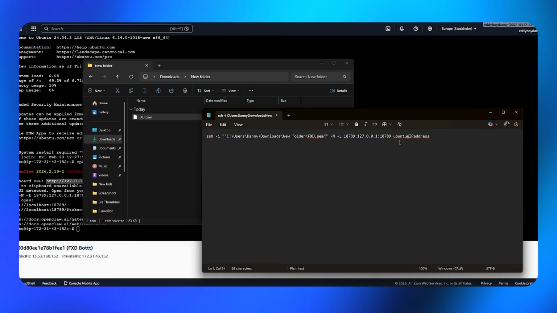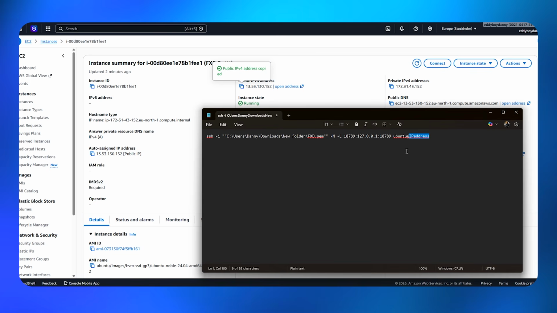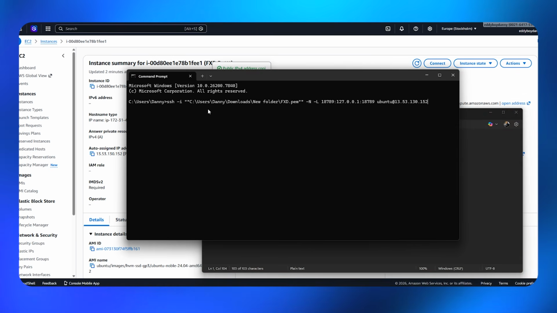Here it says Ubuntu at IP address. It's a public IP address. So for your instance, this is your public IP address. Copy this one, go back here, right click and paste. That's it. Then you copy this entire command, and you open the command prompt, right click,